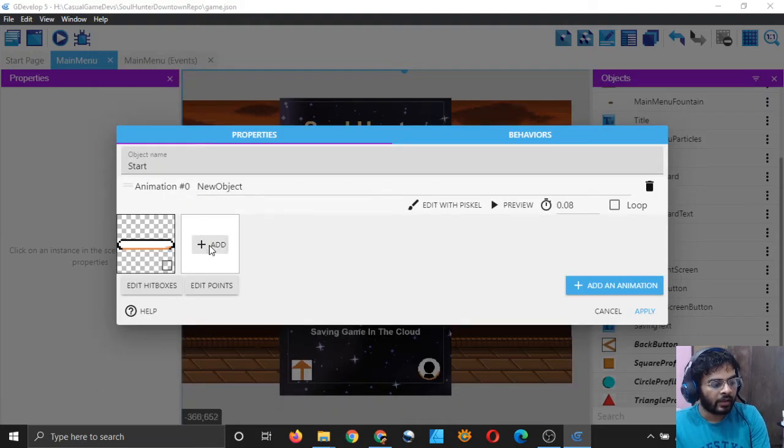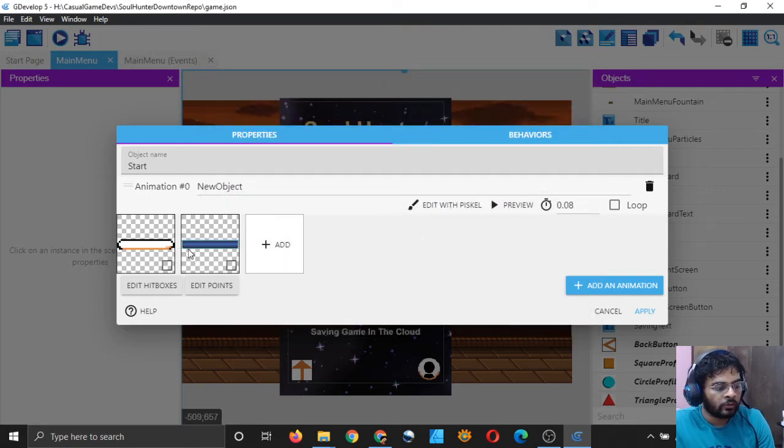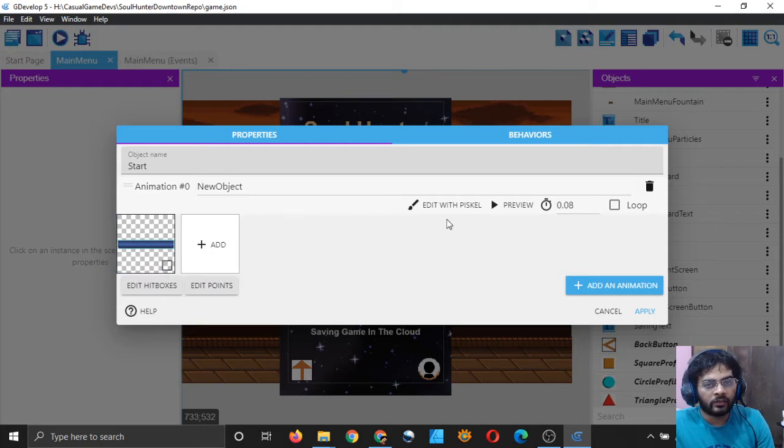You can simply add and click this, and you have it, but you have to delete this one. So how do you delete it? Oh yeah, you can do it this way. You can come here, right click and delete selection, and your previous button image will be deleted. So that's all you have to do. You don't have to edit the code, you don't have to do anything else.